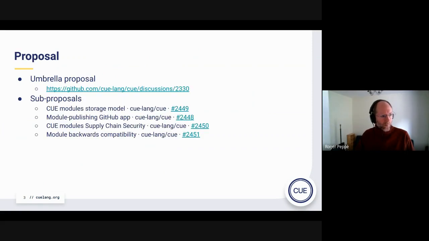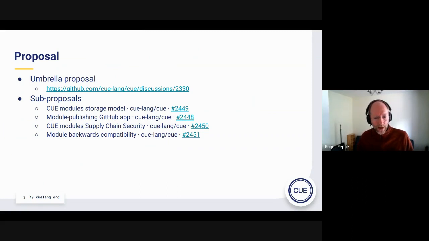I think that most people here are familiar with the proposal, but perhaps not everyone. At the moment, it's in sort of 4 sections, one of which is a kind of umbrella proposal, and I've linked to the discussions here, which link to the actual underlying documents. The top level thing talks about the overarching design of what we're proposing for modules, and then there are various sub proposals which talk about various details.